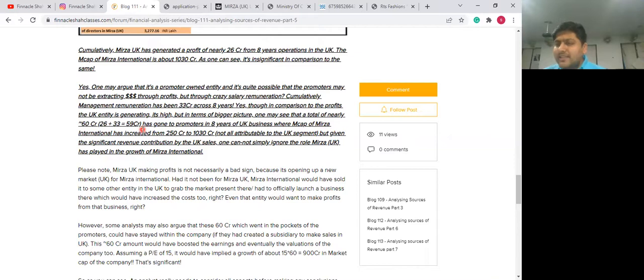Now, see, the flow in which we actually analyze these related party transactions is this: we first establish who owns that private company. So basically, who is getting that money and how much. To judge the quantum and fairness of the transactions over a period of time, we accumulated those figures and came up with a number which happens to be a loss to the parent company, because they did not establish a subsidiary based out of UK.